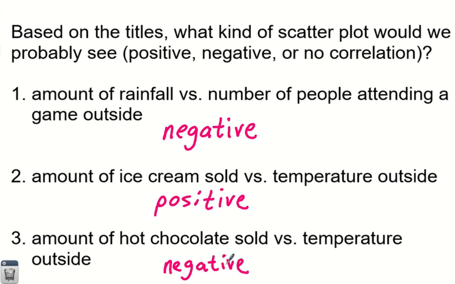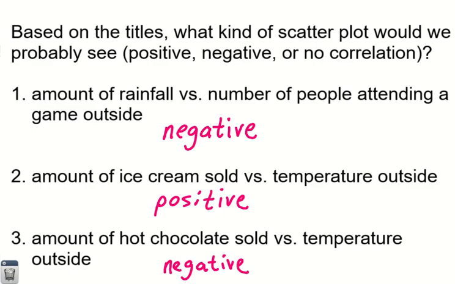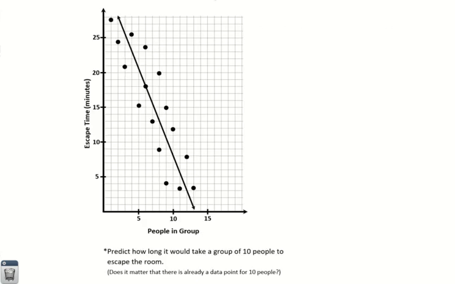Because as one goes up, the other goes down, and as the other one goes down, the other one goes up, right? Negative correlation. And that's actually the first part done. That's like the easier portion of scatter plots, just kind of what they are, the correlations, but the other major